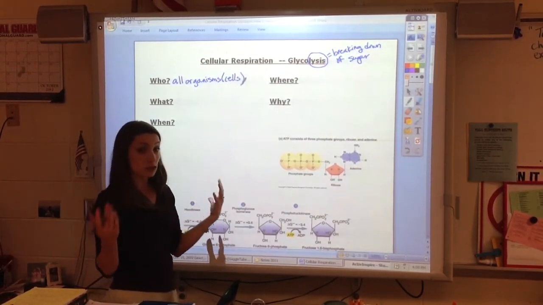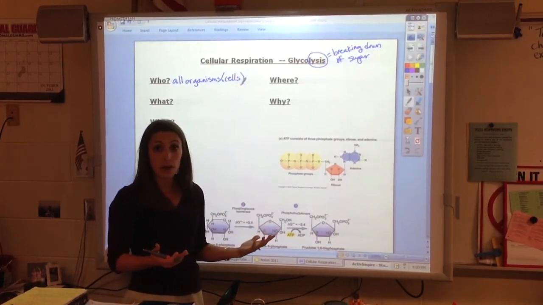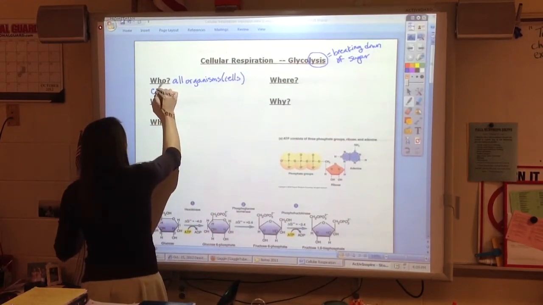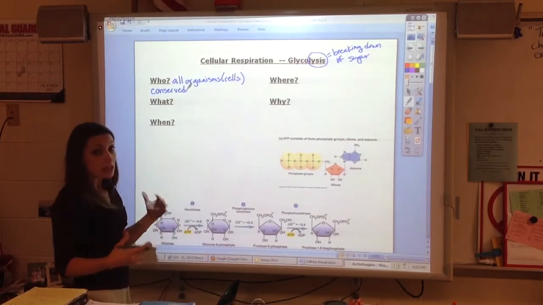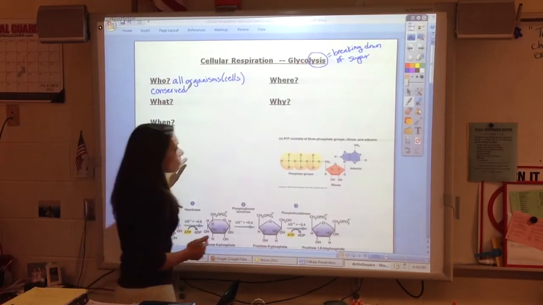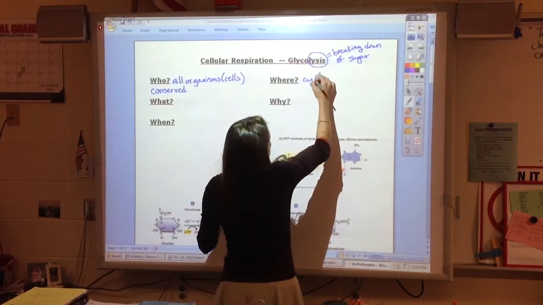We know that the electron transport chain is in the mitochondria. Not all organisms have a mitochondria. So focusing on the idea that this is a conserved or saved or repeated process, it happens in all organisms. And so we really want to focus on the idea that this is going to happen in the cytoplasm